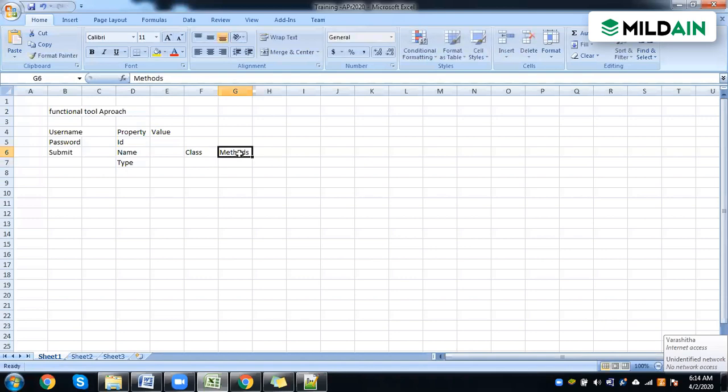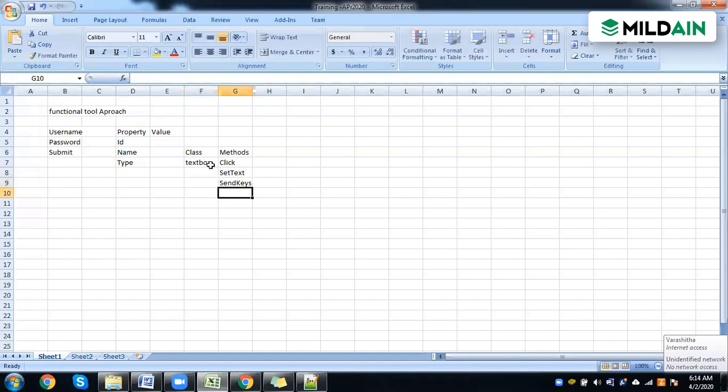So class and method are the basic stuff which is going to help you automate. Assuming my class is a text box, I can perform a method called click, and I can perform a method called set text or send keys.